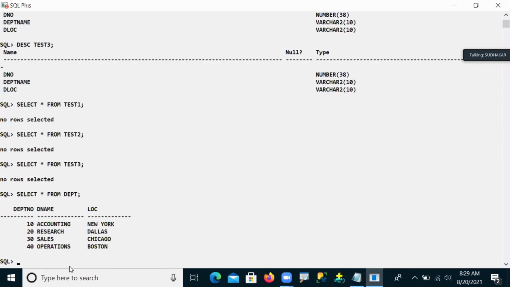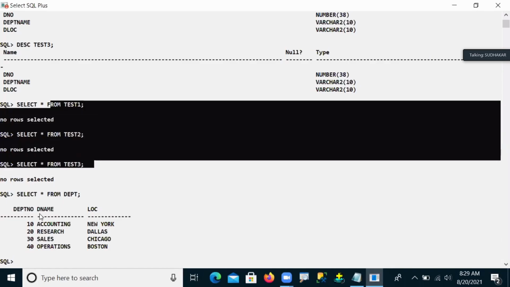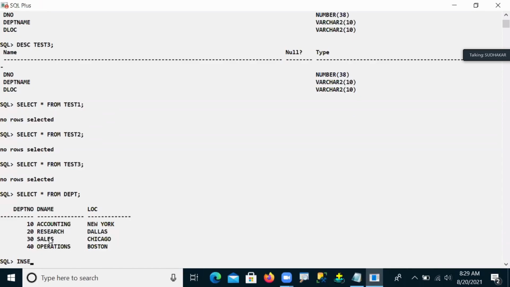So now how can we insert it? Because we don't have only a single table, we have multiple tables, and in these multiple tables I need to insert this data. Now I'm using the insert all command here. So insert all into table name 1, test 1, sending values of test 1 table columns. The column names you can pass. So D number, DEPT name, and DLOC. Like this you can pass 3 columns.